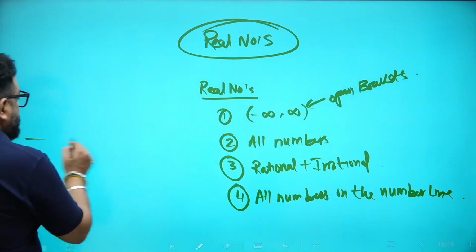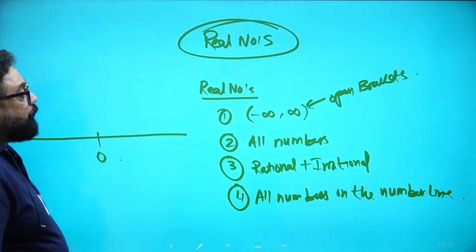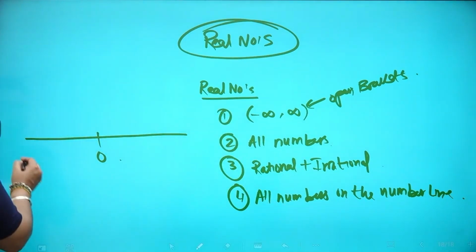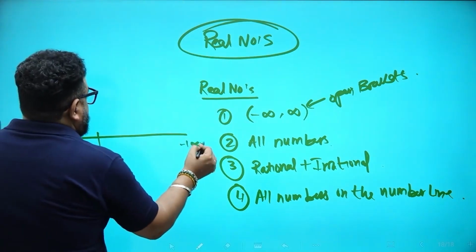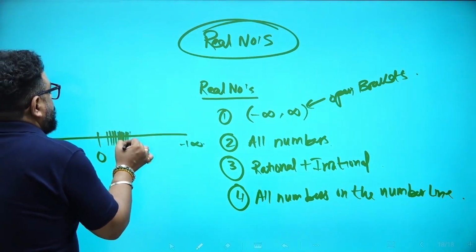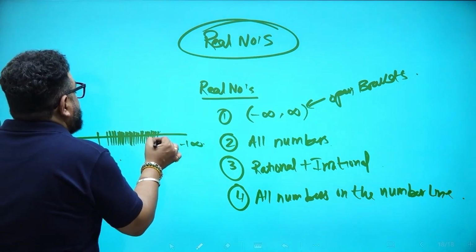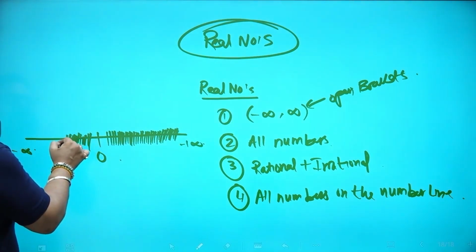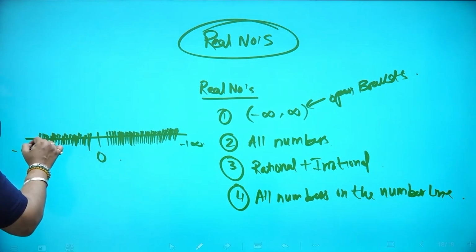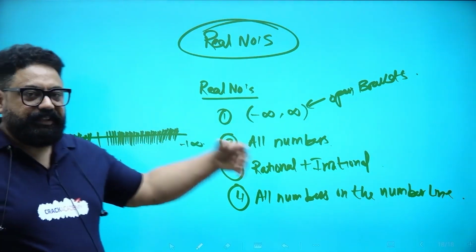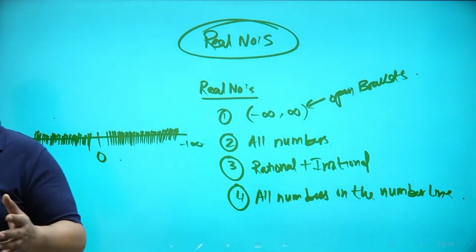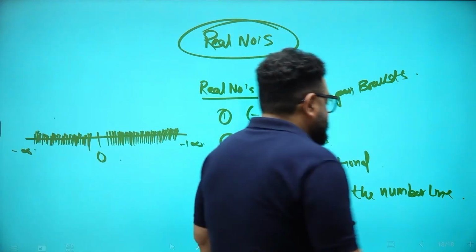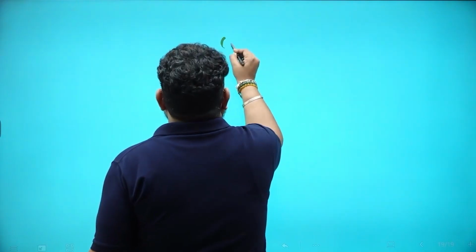So if you draw a number line, this is your 0. See, even 0 is so important. When we draw a number line, what do we draw first? We draw zero. The most important part. And this is minus infinity, this is plus infinity. So every number over here, oh my God, infinite numbers, isn't it? I cannot even mark it. These are your real numbers. So kindly mark it. Important, really important. And then after real, we do talk about complex numbers.